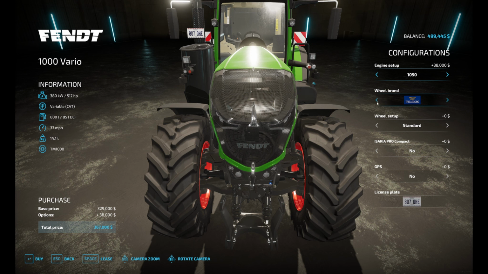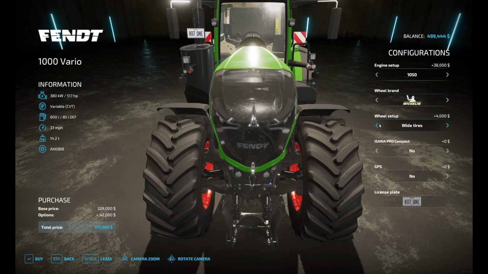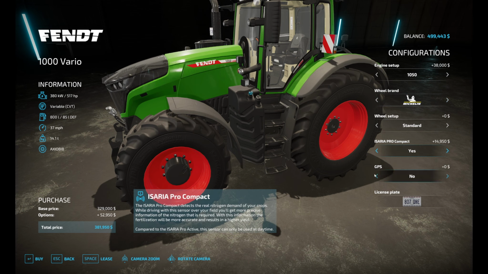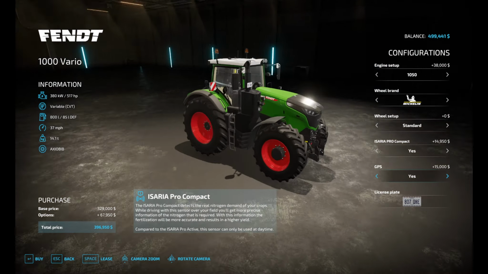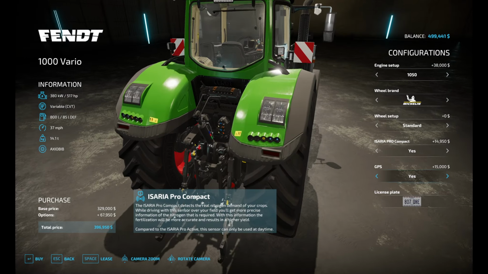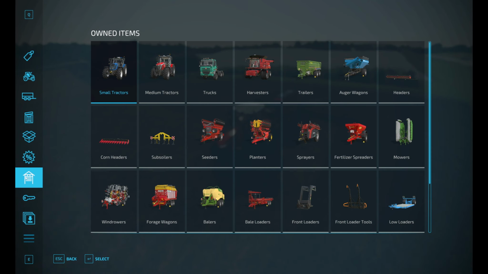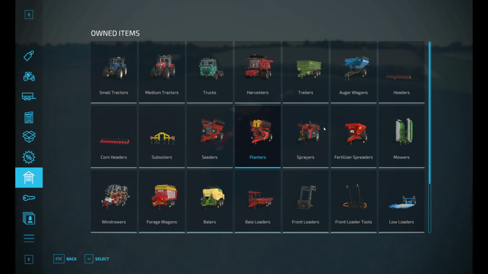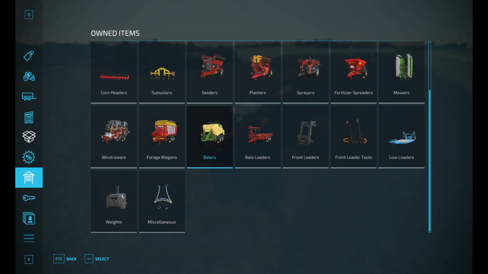So top specs, engine wise is 417 horsepower. That brings it to 517 horsepower, and it costs 396,000. And that's a big machine. At the moment, my planters and seeders are both 300 horsepower minimum requirement, and the baler is 250. So I don't need a huge amount,